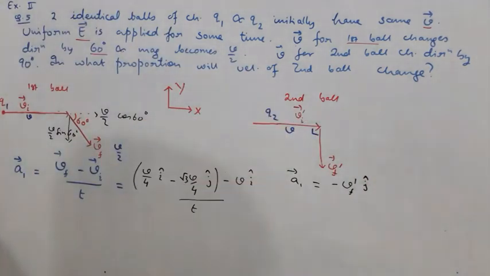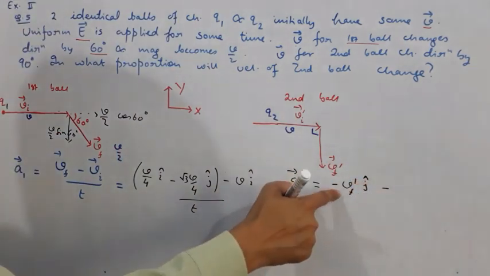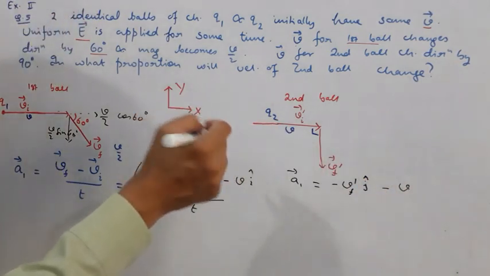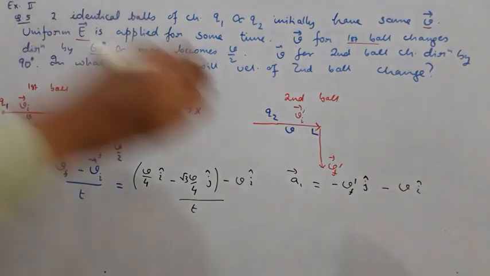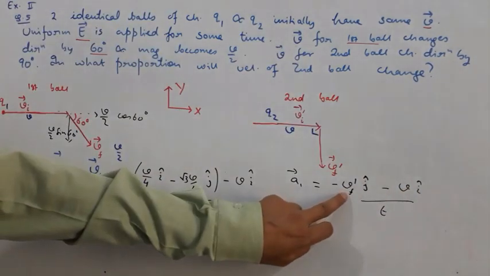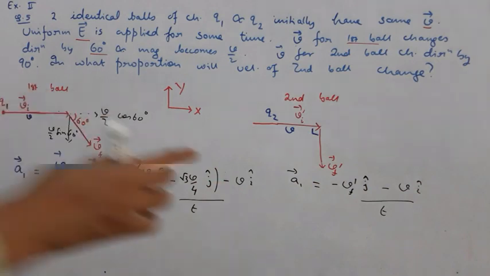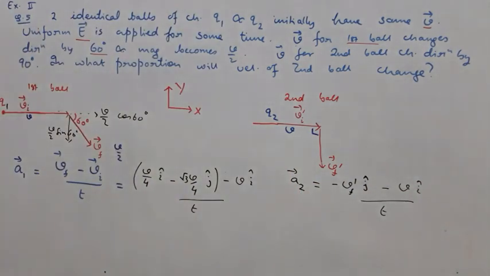And along the x-axis, what was the initial velocity? So this is final velocity minus initial velocity. How much will we write? V times I cap. Initial velocity is the same for both of them, and divided by t. It is this vf dash which we have to find in terms of v. So we have got a1 and I should write here a2. Now can you guess what we should do next?